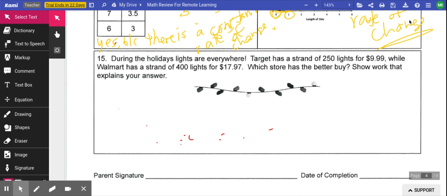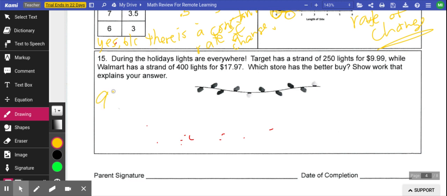Okay, guys. Let me get this out of our way if I can. So we always do dollars over unit. Okay. So it's and over is always just kind of division. So you do 9.99 divided by 250. And when you do 9.99 divided by 250, you get,